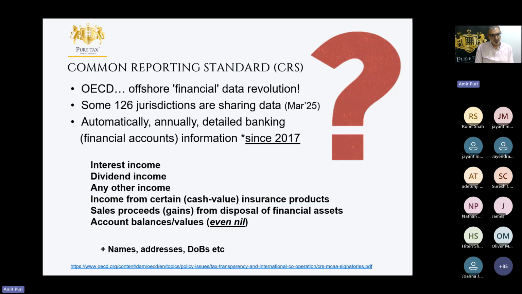It's because they've got a lot of information, right? Automatic exchange of information internationally has changed drastically over the last 10 years. I'm not going to talk about FATCA today, the US protocol that started the CRS off, but what I will focus on is CRS, because that's something that the UK was part of in terms of leading. It gets information from over 126 countries every year, and it's quite detailed. It's more detailed than UK information.